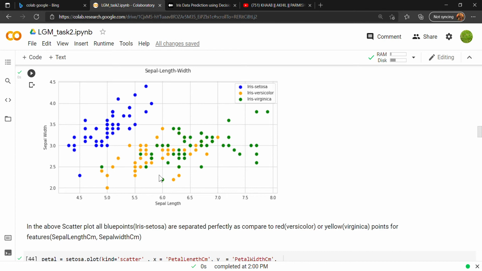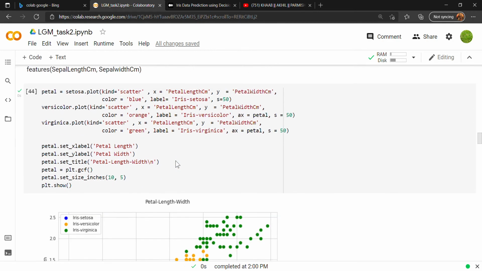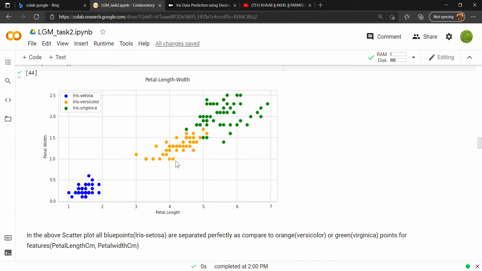We can see that the sepal length of Iris setosa is less while the width is high, and in the case of versicolor and virginica, both have much more similar properties, as they are overlapping each other.